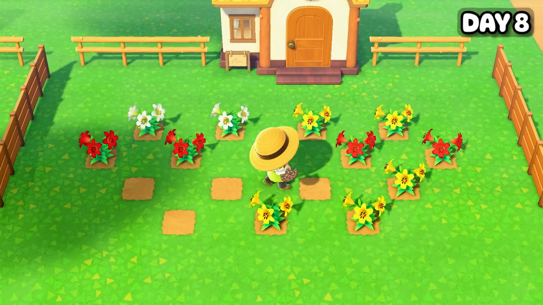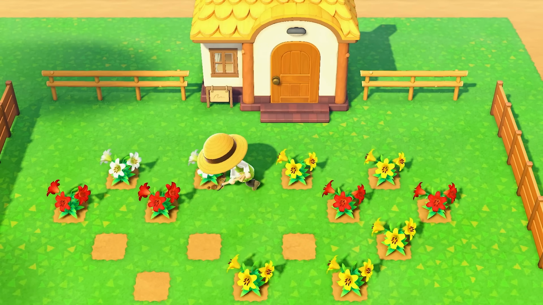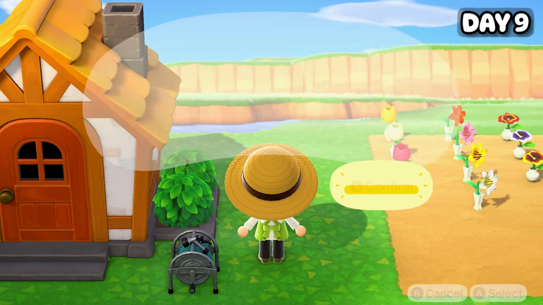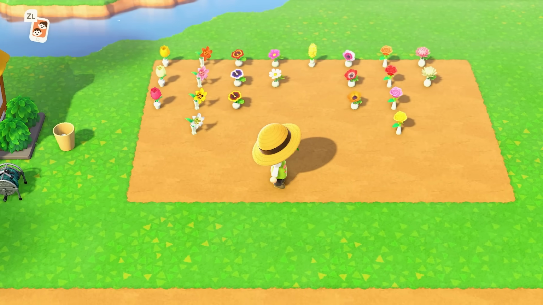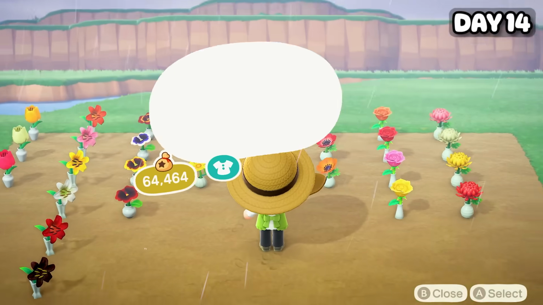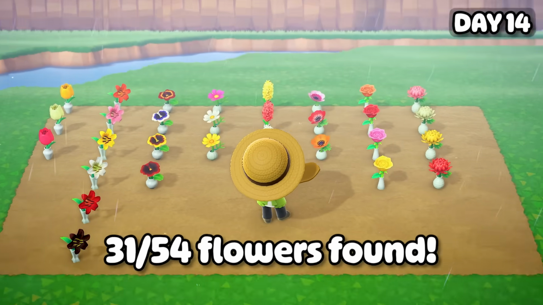Starting week 2 on day 8, I reorganized some of the flowers outside of the villagers' homes to grow some new colors. On day 9, I organized a bit more and began removing a lot of excess flowers that were growing. Jumping ahead to day 12, we officially found every lily variation, and on day 14, I had found 31 of the flowers needed. It probably feels like I'm going through these days pretty fast and skipping over some details,